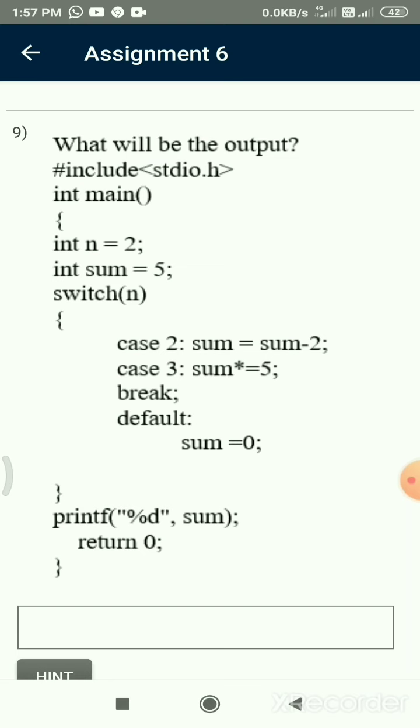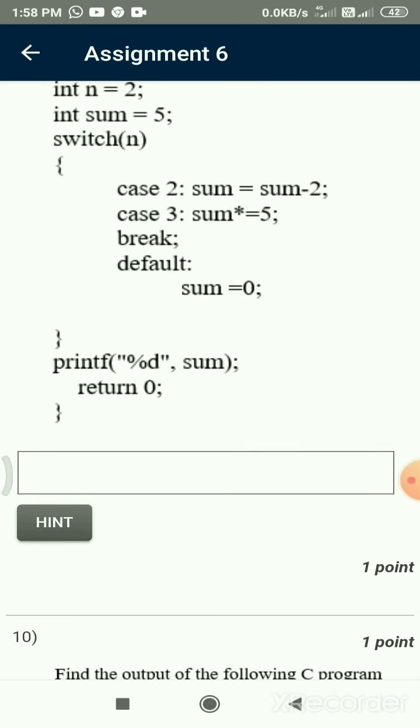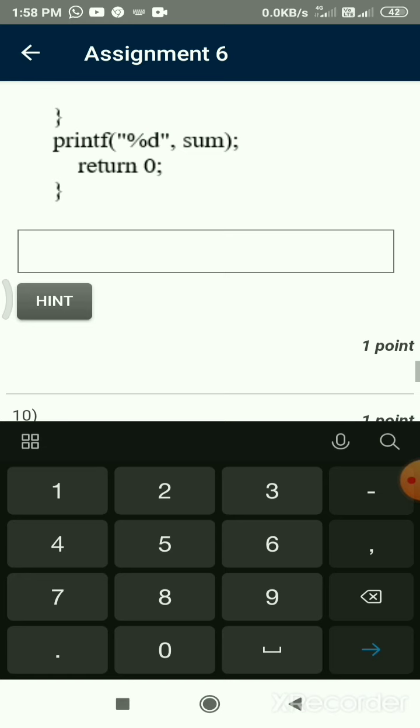Since n is 2, case 2 is executed. In case 2, sum is equal to sum minus 1, sum is 5, 5 minus 1, so sum is 4. But following case 2 there is no break, so the next statement executes, case 3 also executes, where sum is equal to sum into 5. So now the sum value is 20. Now there is a break, so control comes out of the switch case. Now printf prints the sum value.